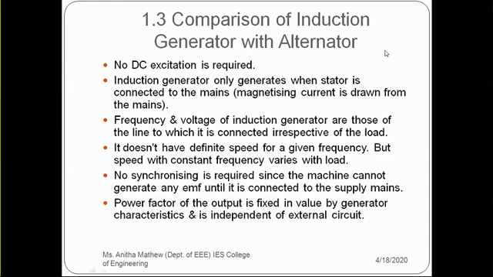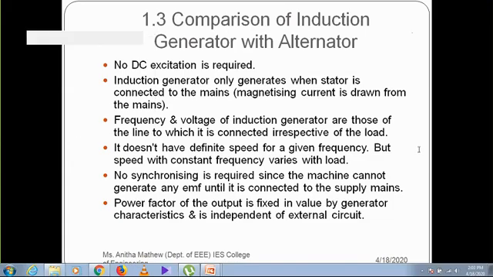The frequency and voltage of the induction generator are those of the line to which it is connected, irrespective of the load. That is, the frequency and voltage of the induction generator will be the same as that of the line which we are connecting, and it does not depend upon the load. Next point: it does not have a definite speed for a given frequency, but speed with constant frequency varies with load. That means